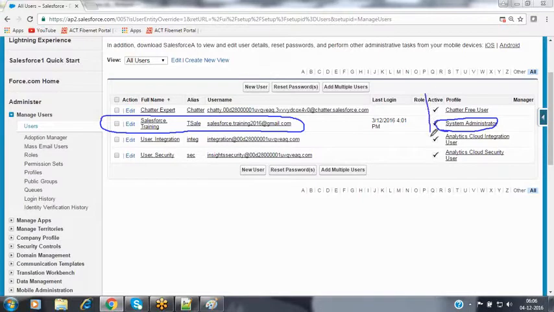It also indicates whether this user is in active status or not, which we can indicate with the help of a checkbox called the active checkbox. Now Salesforce provides 5 licenses to us: 2 Salesforce licenses and 3 platform licenses. Only 1 license has been used by this user as of now, and I would like to use the remaining 4 licenses. I want to assign those licenses to users.